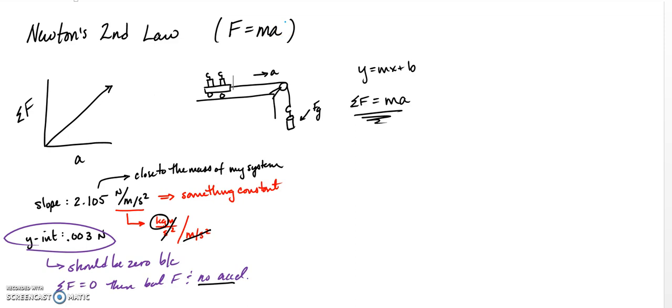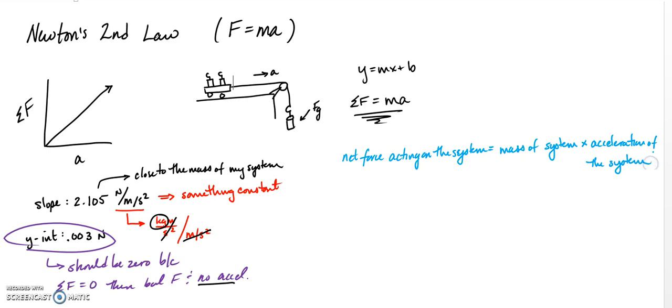All we're saying is now we're going to be multiplying mass times acceleration. So I'll just write this out. So what this really says is the net force acting on the system equals the mass of the system times the acceleration of the system. Now notice how I keep using the word the system, because you can define whatever you want as